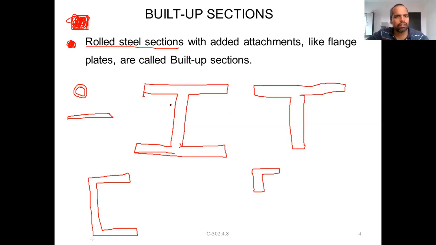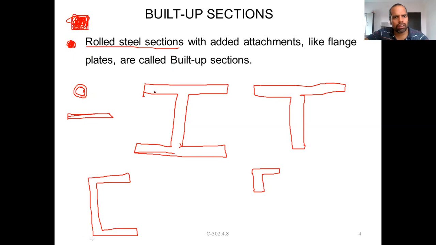You can design an I section, a T section, an angle section, a channel section, or plates. Flats are also there; flats are sections where the thickness is lesser and the area is more. Generally plates are used. Nowadays it is very common to use hollow circular sections, solid circular, solid rectangular and solid square sections in structural members.